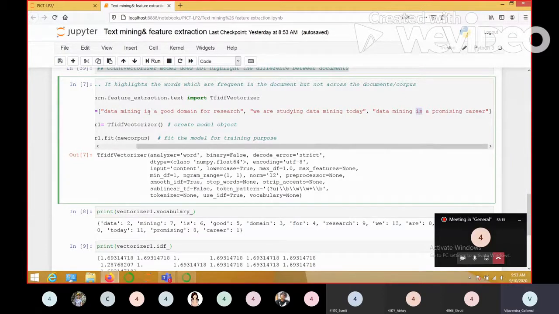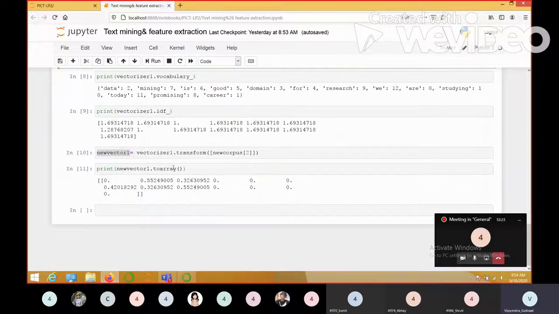Yes, in the first document. And since it is appearing in only 2 documents, its value is 0.42. Whereas, let us consider the value at the second index, that is 0.32. What is the word at the second index?